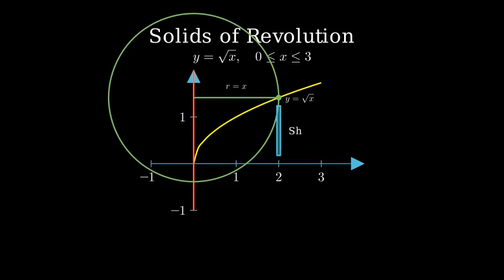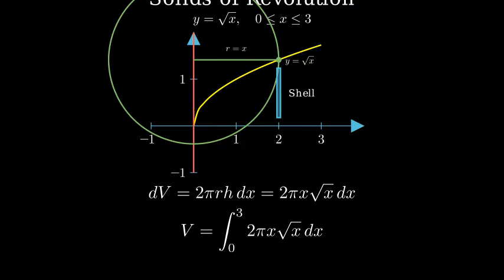Each vertical strip of our region, when rotated, forms a cylindrical shell. The volume of each shell is given by 2 pi r h dx, where r is the radius, our x value, h is the height, our y value, and dx is the thickness of the shell. Therefore, our total volume will be the integral from 0 to 3 of 2 pi x times square root of